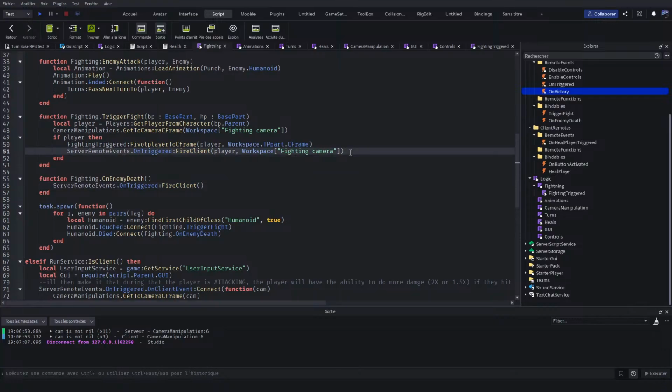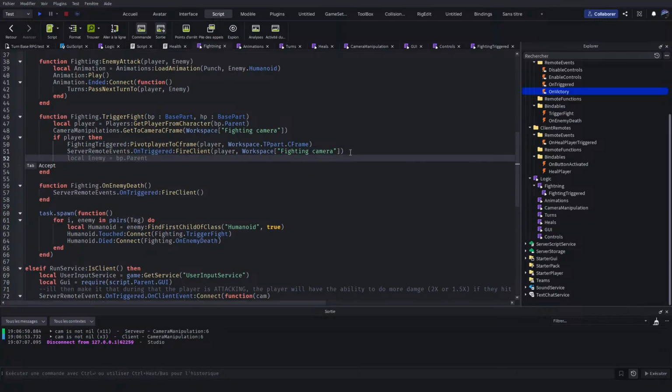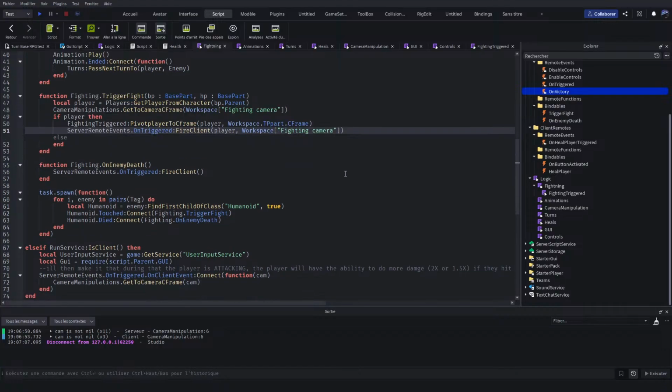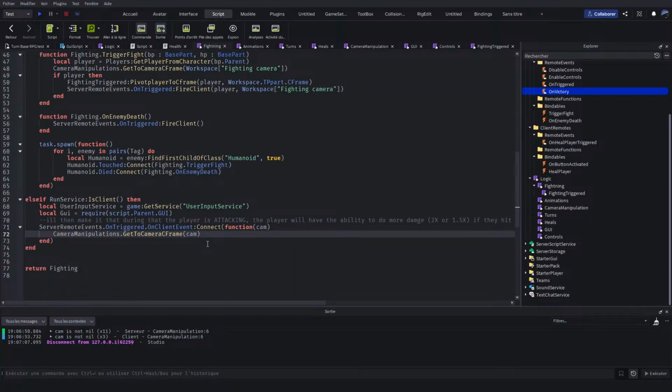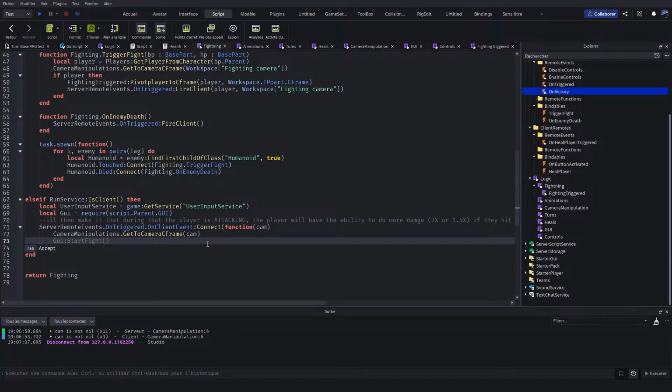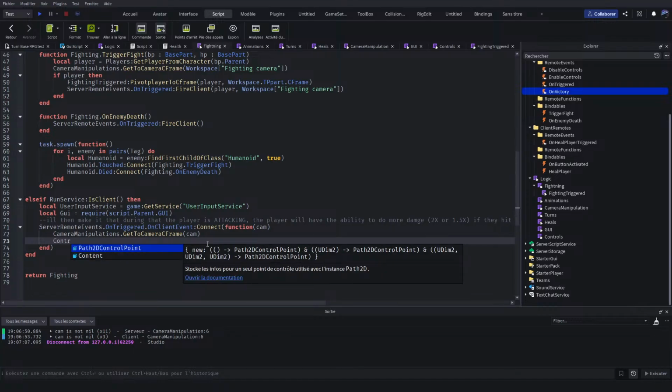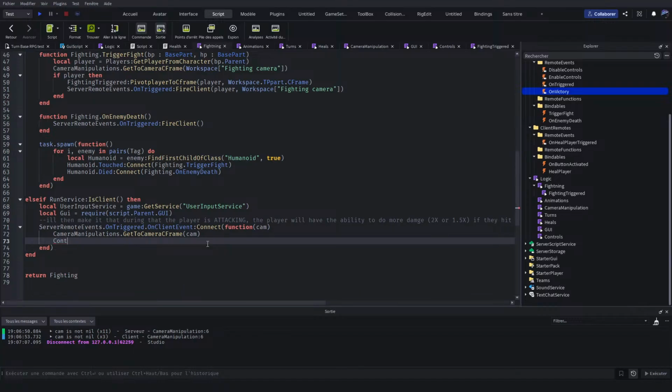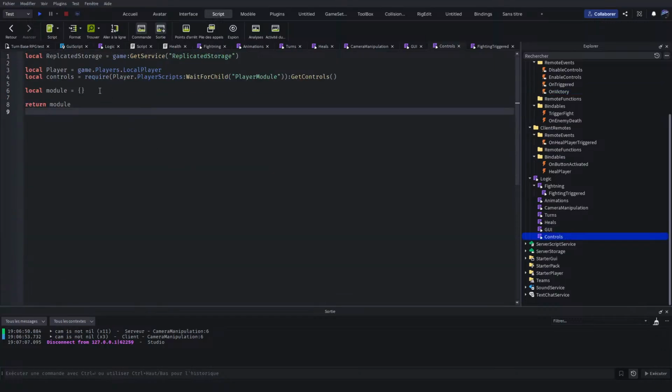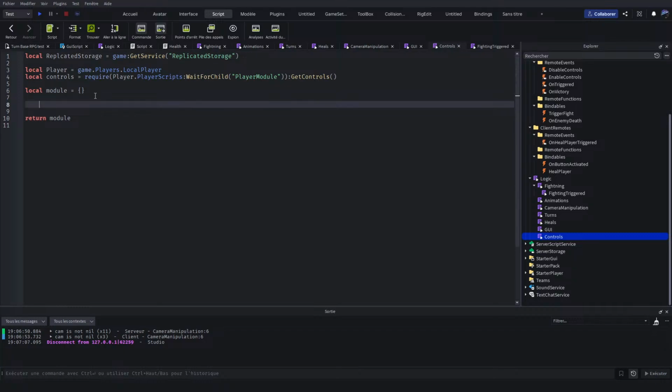So on triggered, we can fire to the client, and then we say controls, layer CTRLS, we'll just call it like that, and we'll just create a function, like a function that's gonna be called like what,